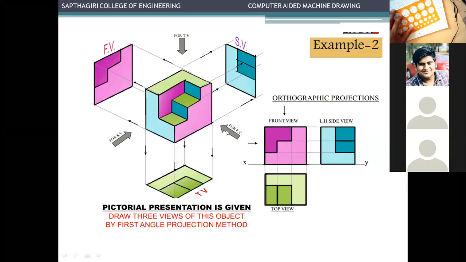Similarly, the plane of projection is here, the observer is in between, and the object is in between. Similarly, an observer has to see the same object from the top and identify the planes which can be seen from the top. So here it is clearly identified in color, the light green, the first plane is seen, and similarly the dark greens 1 and 2 are the two planes that are clearly visible, which you can see here.